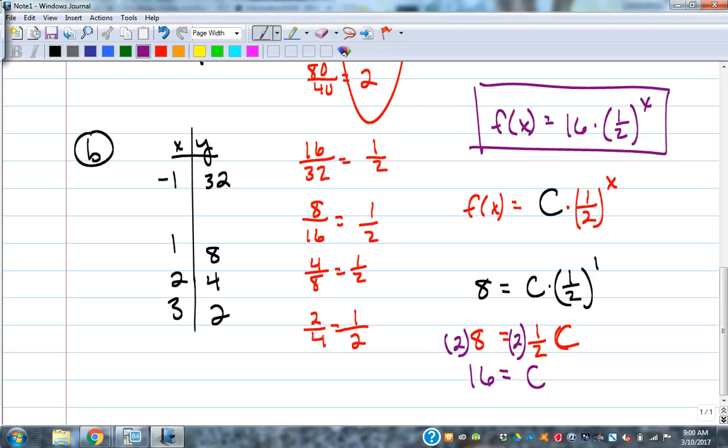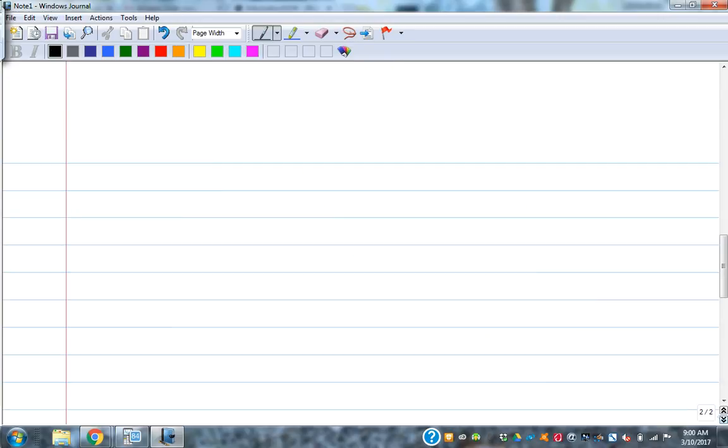All right. So recognizing growth or decay, pretty easy thing. If the ratios aren't the same each time, it's not exponential. That's easy to recognize. All right, so describe